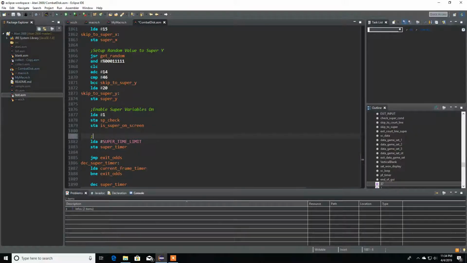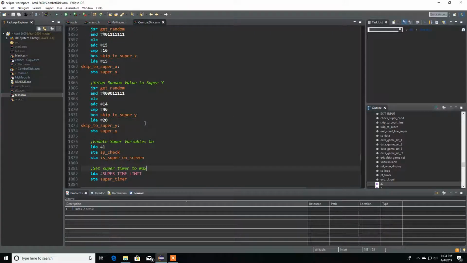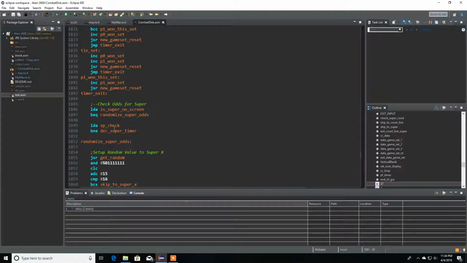So on set to max. So we got that part down. So here and here. And we got our part over here. Now the only thing that we're missing over here is whether or not how we're gonna generate this random value to happen. Because right now if I run this,